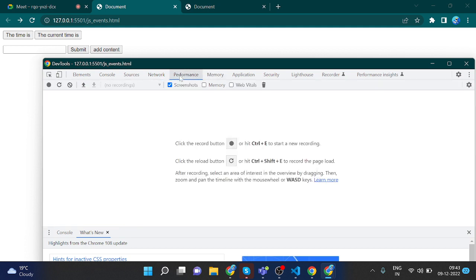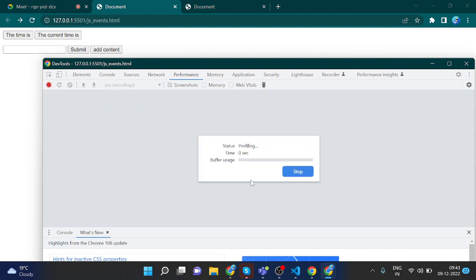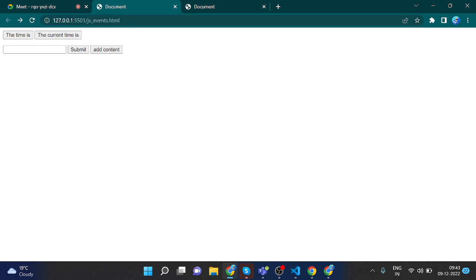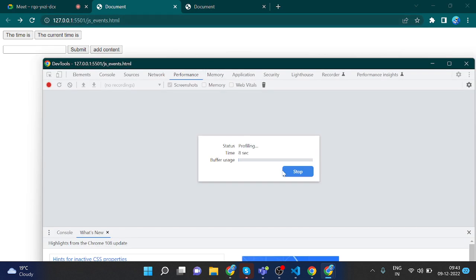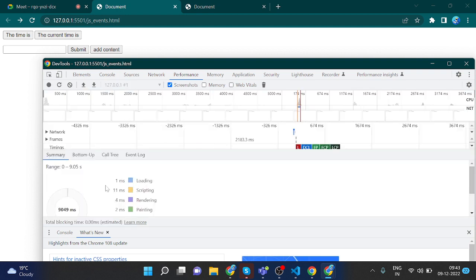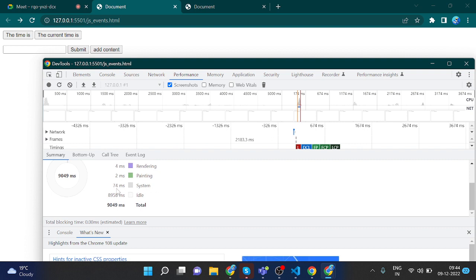However, network it's useful. And next is performance, like we won't be using it in most cases, but if you click on this one now, it will be creating our particular status, like what things are happening and how much time is being taken. This will show our performance: loading is happening in 1 millisecond, scripting, meaning JavaScript, whatever we have written, is 11 milliseconds, rendering is 4 milliseconds, painting, meaning view coloring and all, is 2 milliseconds, and system is 74 milliseconds, and idle,